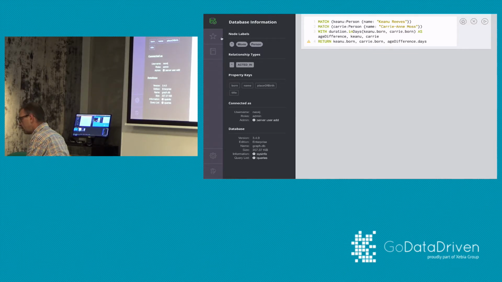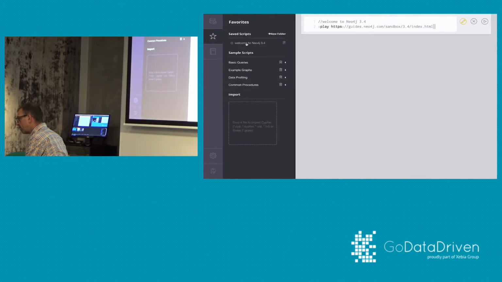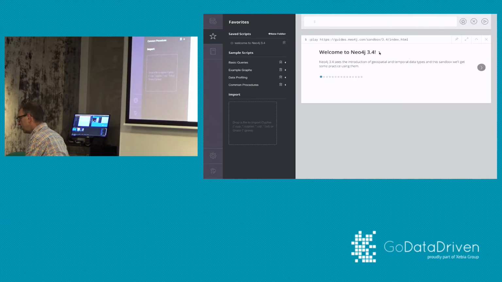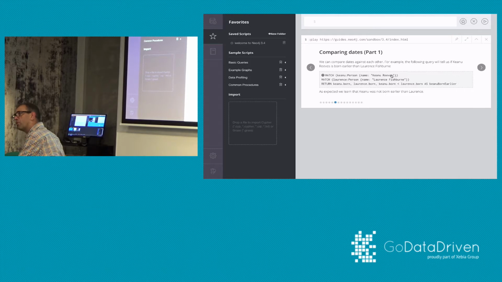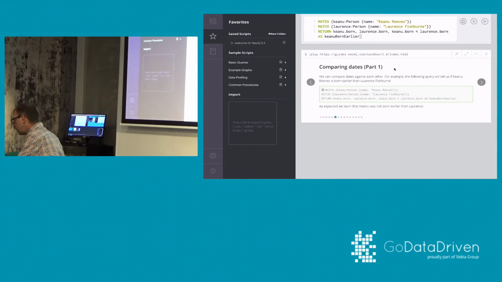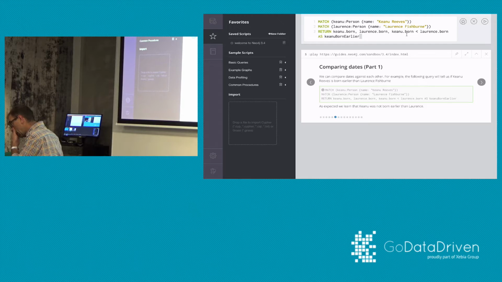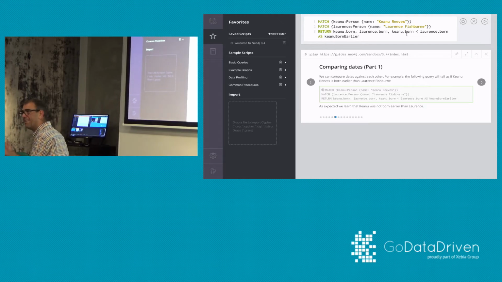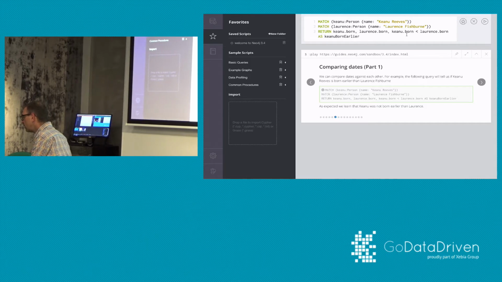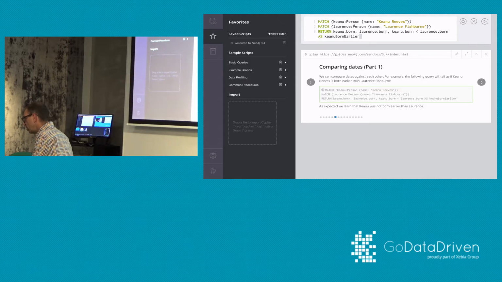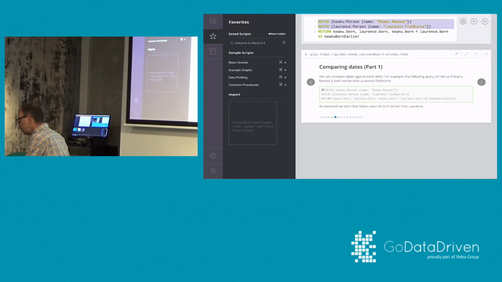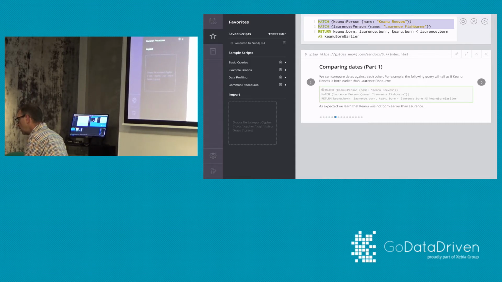Where was I? Let me go back to the guide here, because Ron, you were telling me that you couldn't compare dates. I think you can, or at least it's an example that they illustrate here. You cannot compare durations. You have to use a special function. Okay. All right. So what you do here is grab the 2 people, and then you.